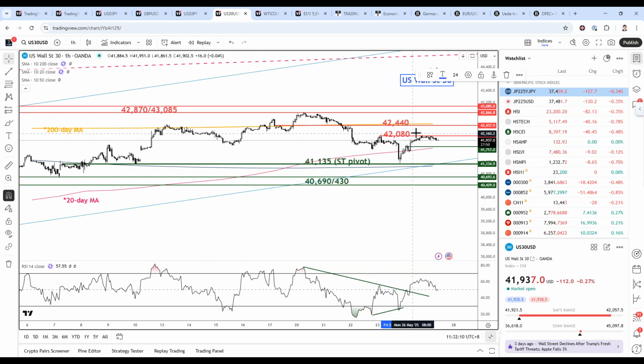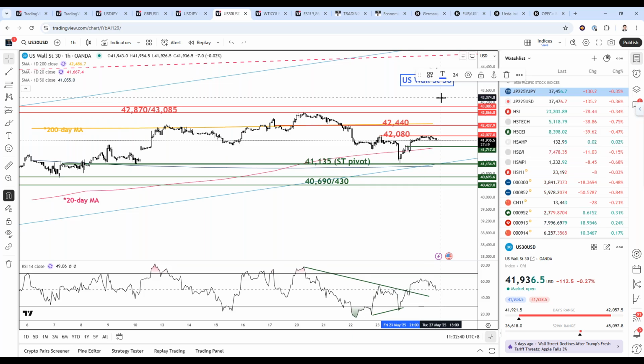So the first support level to watch, if there is a pullback, is the 20-day moving average. I think it's a similar support level as well at 41,720. So I don't want to tighten the pivotal support unless it is able to clear above 42,080. Then I could use 41,720 as my short-term pivotal support level. Until then, I'm still using yesterday's pivotal support, which is 41,135,